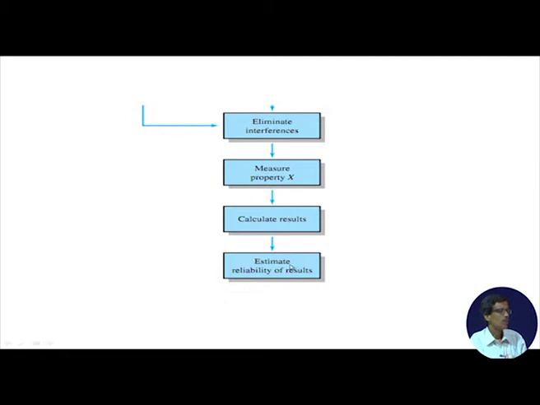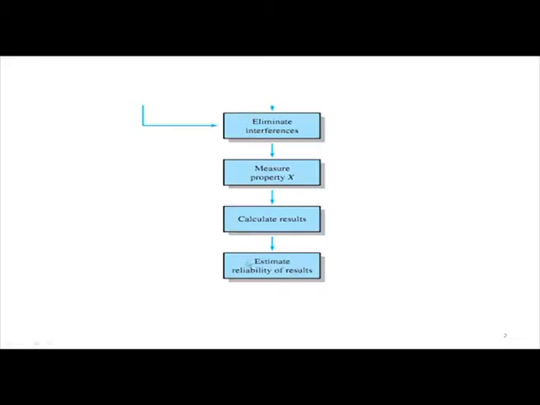Then we go for the estimation of the reliability of the results. That means the repeatability of these results. We should not be happy with just one measurement, because errors are always there if we do not have a good calibration. So, we will also learn slowly what is called calibration. We can have the corresponding calibration curve, and how we can utilize this calibration to estimate the corresponding unknown quantity. So, reliability of the results will also tell us the corresponding estimation.